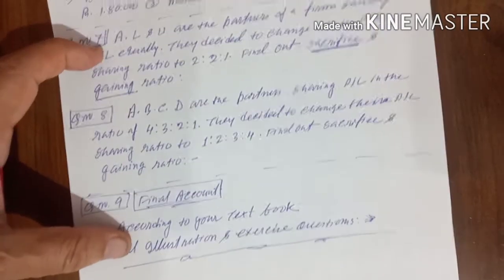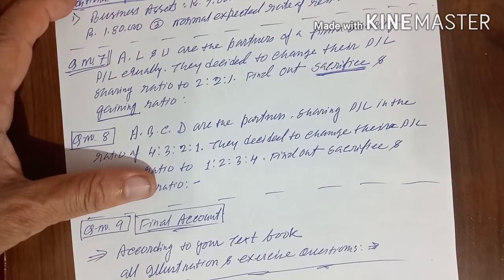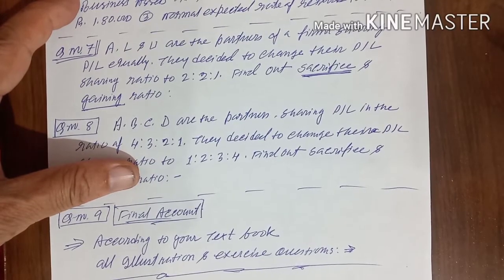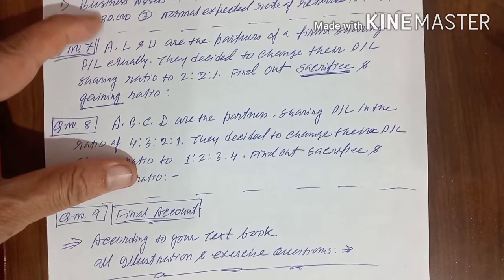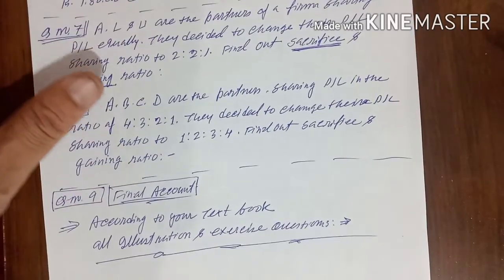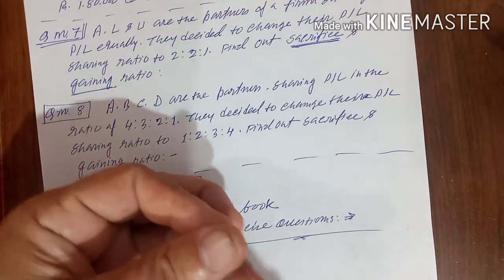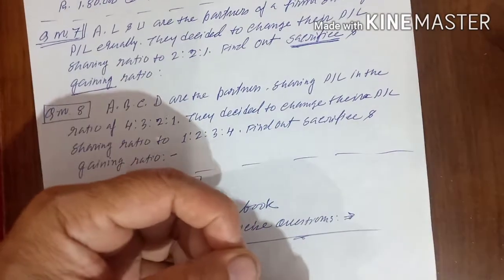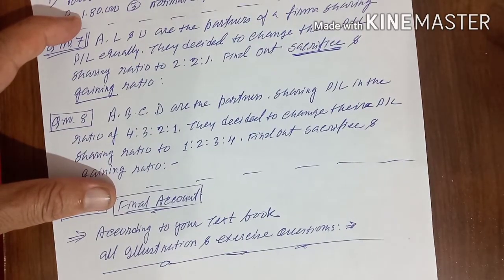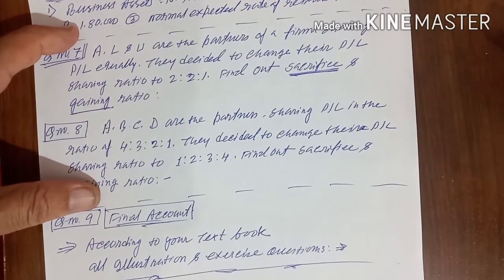Once again I want to tell you, in the previous video, for all of this 4th chapter, I marked the places, both illustration as well as the exercise, inside your book. All the chapters, chapter 1, 2, 3, 4, we will do. And what I taught you today, a few extra types of sums which are not available in your textbook, you will also practice that. I think if you are understanding all this, you will be able to solve all